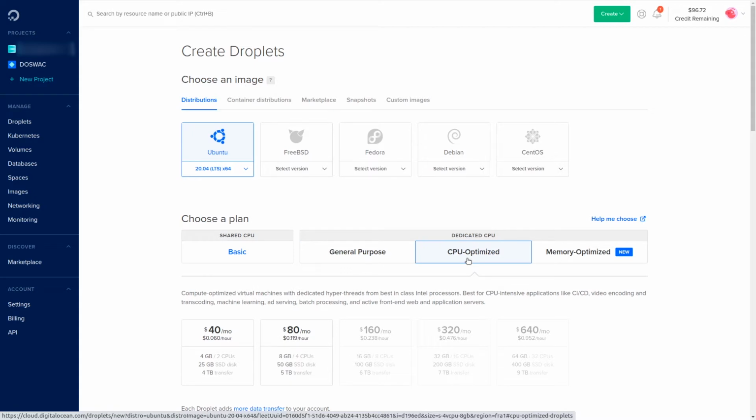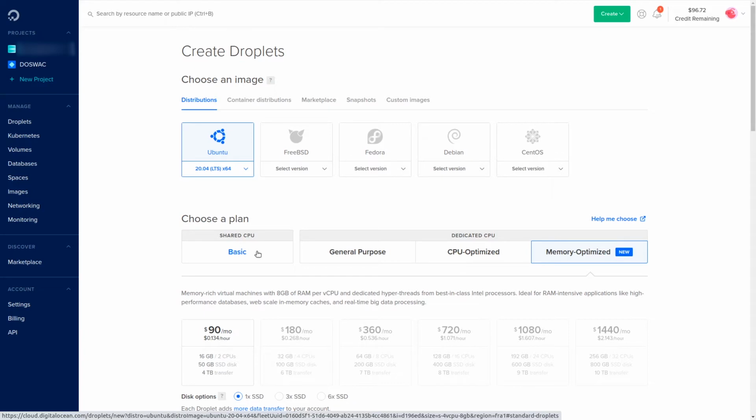The CPU optimized is best for CPU-intensive applications like CI/CD, video encoding and transcoding, machine learning, ad serving, batch processing, and active front-end web and application servers. And the memory optimized is ideal for RAM-intensive applications like high-performance databases, web scale in-memory caches, and real-time big data processing.